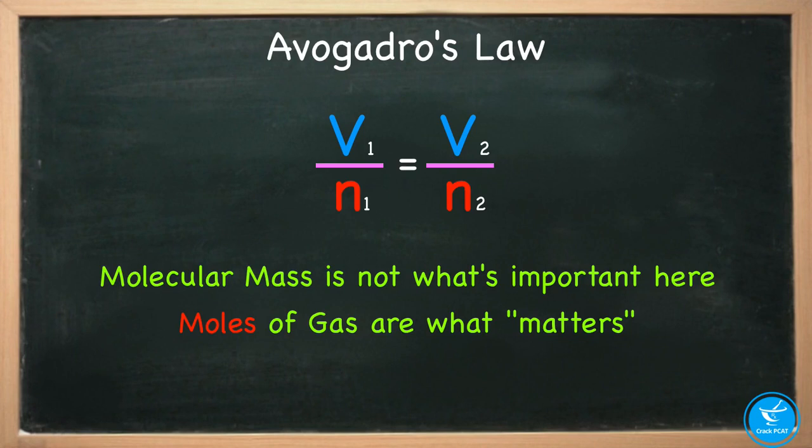Because of this law, Avogadro communicates something amazing about gases in general. It doesn't matter what the molar mass of individual gases are. Avogadro observed that 1 mole of any gas occupies around the same amount of volume, which is 20